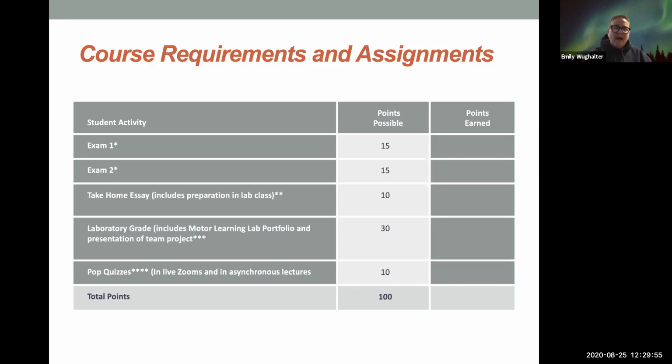You'll also have a take-home essay. I'll be putting up an assignment sheet for the take-home essay very soon. It will give you a lot of information. It's worth 10 points towards the 100 points of your final grade.